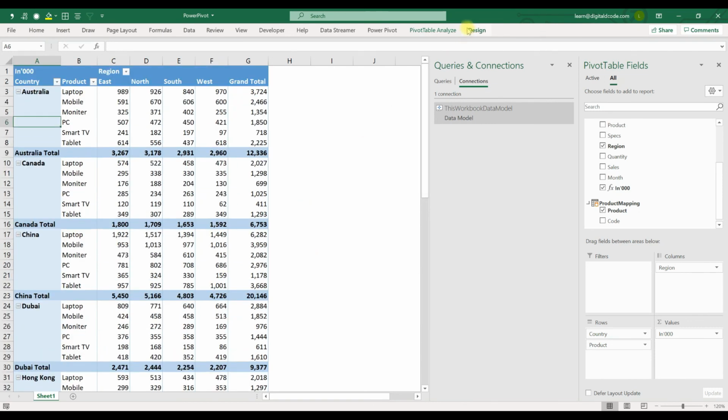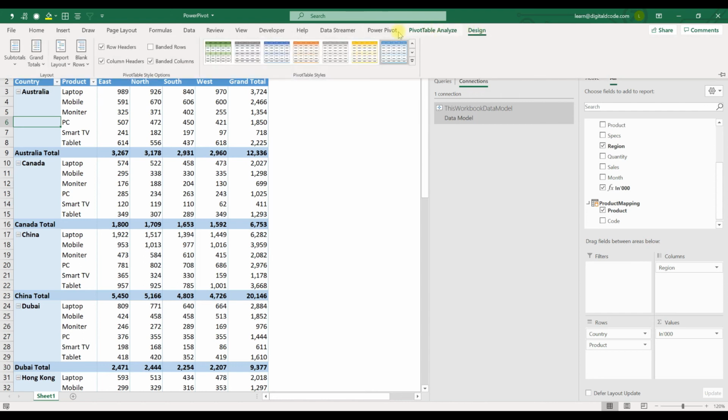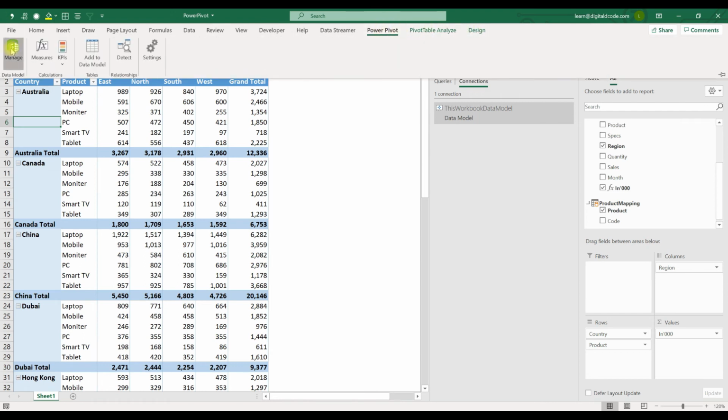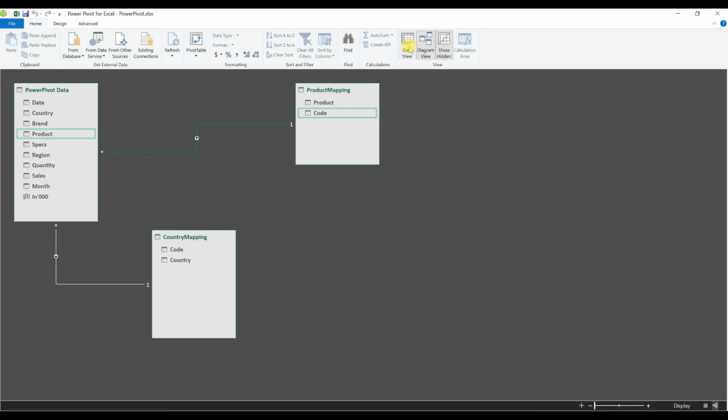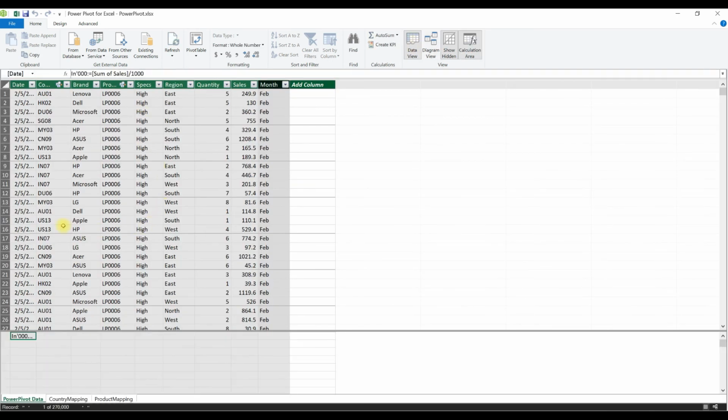In case you want to do further changes, let's go to Power Pivot, manage, data view. If you want to add anything or delete anything, whatever changes you want to do, you can bring. Now in this session, what we have done: we uploaded the data from the multiple files, and also uploaded the mapping file.